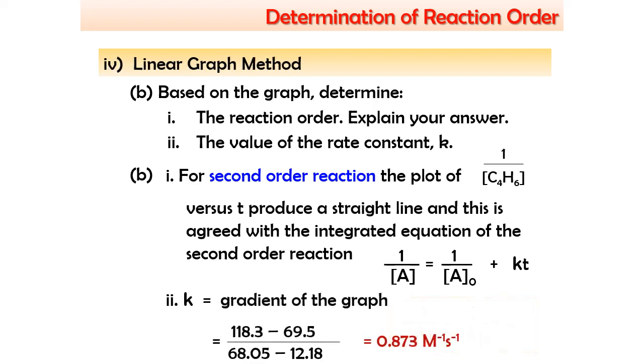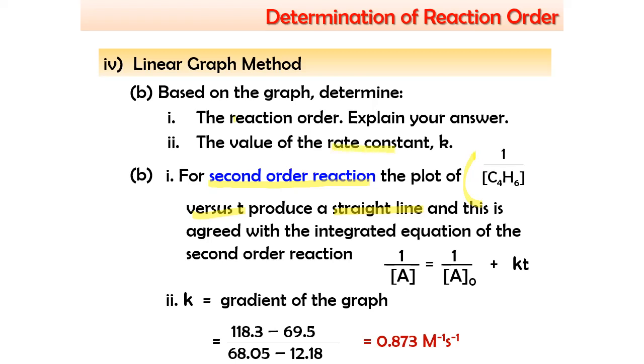Okay, for the answer why it is second order, so you can say that based on the plot of 1 over concentration against time will give ataupun akan hasilkan straight line graph, therefore we can say that it is second order reaction. Okay, so macam tu je how you explain based on the graph that you plot. And then